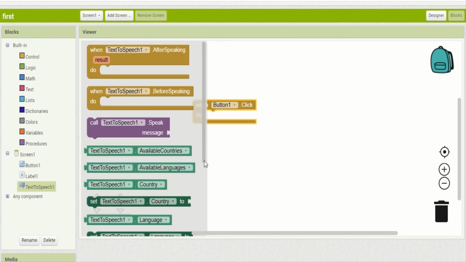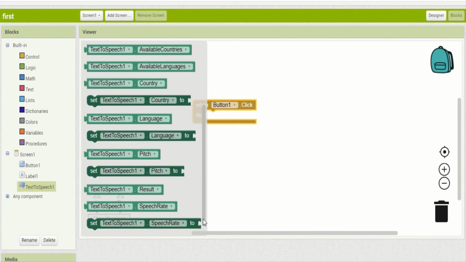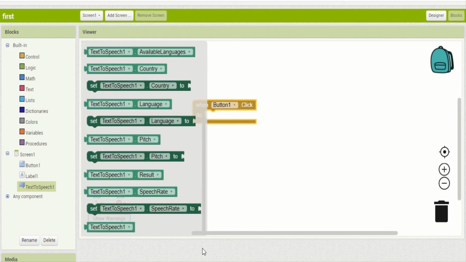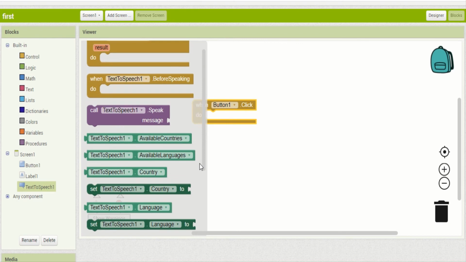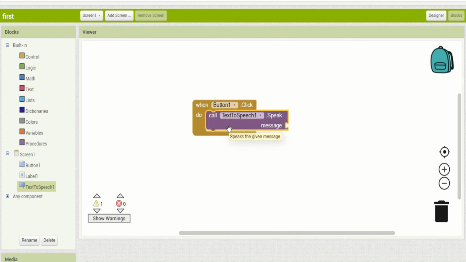So take the text to speech from here. For that, I have to pick the text to speech speak message block. So it should speak a message. I will pick this module from here and put it here. Now I have the logic: when I click on the button, it will call this speak message module.